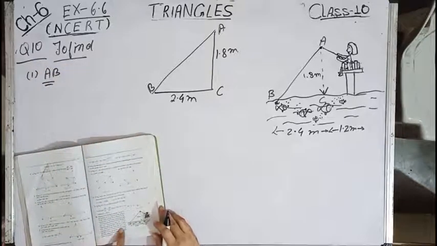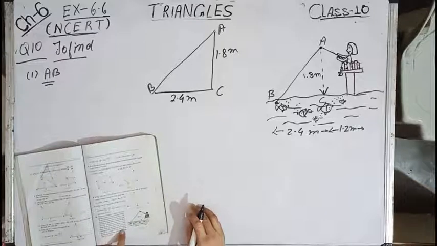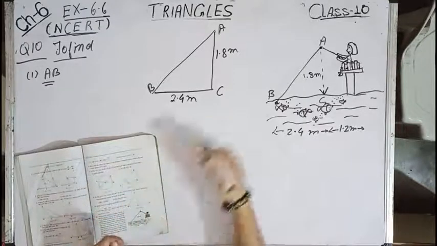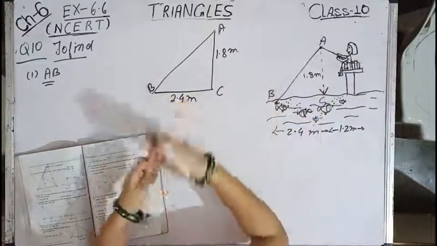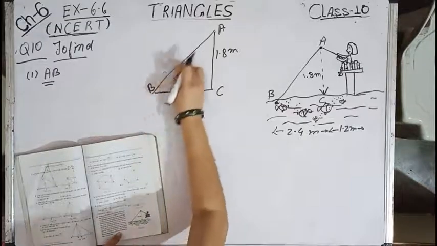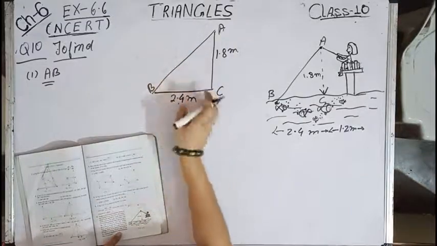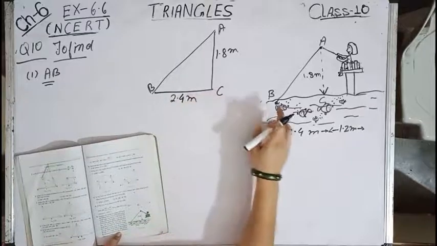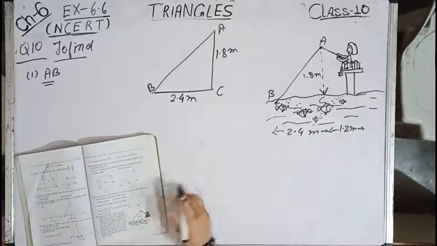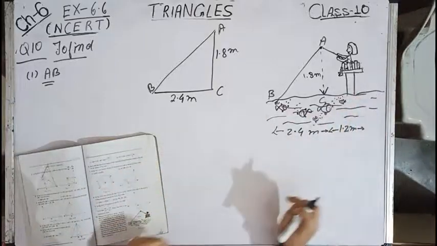Then if she pulls in the string at the rate of 5 centimeter per second, what will be the horizontal distance of the fly from her after 12 seconds? Means if she is pulling in the string, over here it is the tip of the rod, now she is pulling in the string at the rate of 5 centimeter per second. What will be the horizontal distance? Means if she has pulled after 12 seconds, what is the horizontal distance of this fly from her after 12 seconds? Means this whole distance we have to take out.